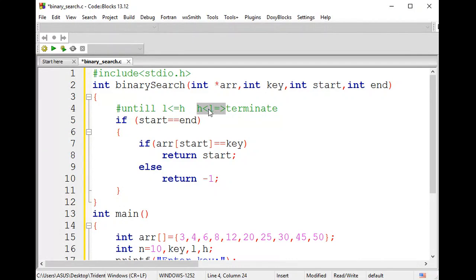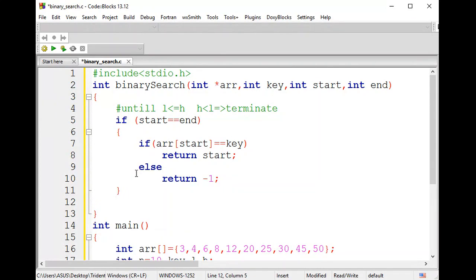Before reaching this point, I can come to the conclusion that at a certain point your low value and high value will be equal. So in those cases, I'll apply one condition. Whenever your low value and high value are equal, I check whether that particular position equals your key value. If it is not equal to your key value, the element is not there. When it is equal, that is the point where the element is found. I mentioned the termination condition. So this is all about the point where low goes to the greater value and high comes to the lesser value. That is the other termination condition I mentioned here.